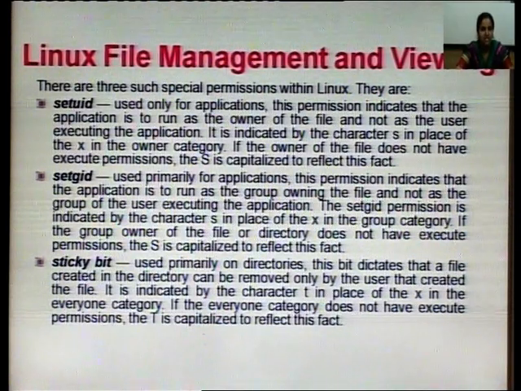The next is setGID. This is used primarily for applications. This permission indicates that the application is to run as the group owning the file and not